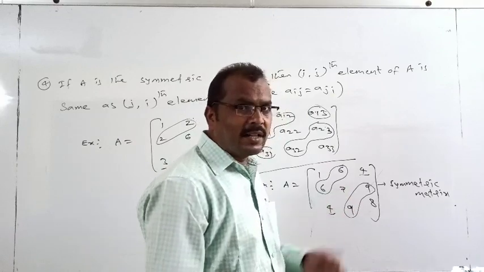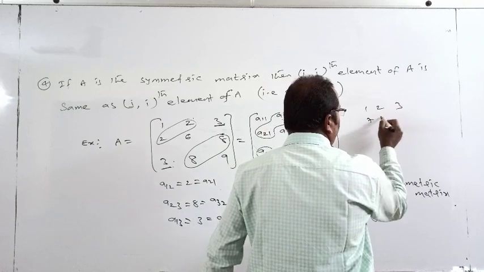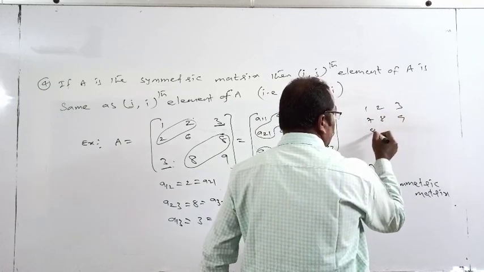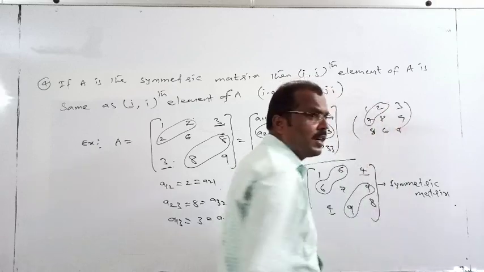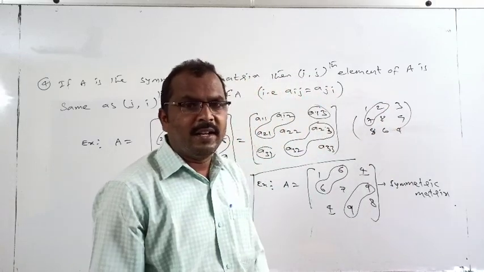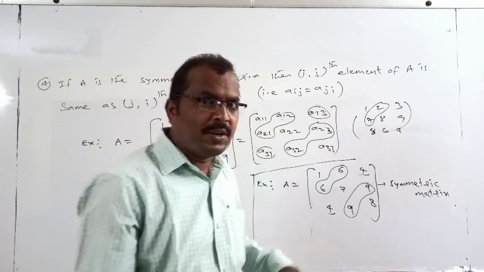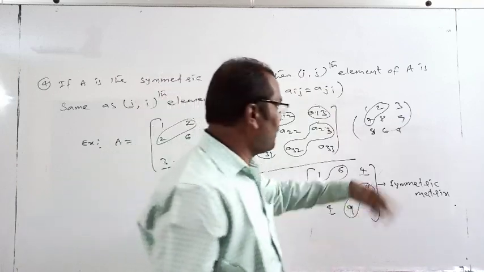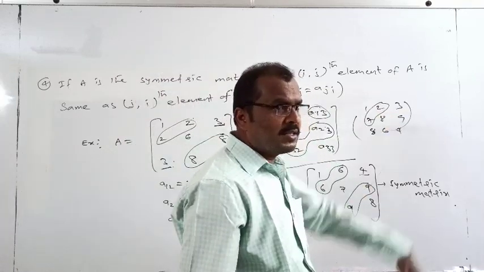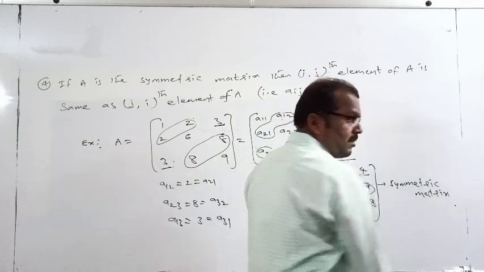Directly you can say the nature of the matrix. So if I write 1, 2, 3, 7, 8, 9, 8, 6, 4, it is not symmetric since these two elements are not the same. Simply you can identify a symmetric matrix by seeing this property. What is that property? The i comma j element must be equal to the j comma i element. If these two are not the same, it is not symmetric. You can identify the symmetric nature. So write down.